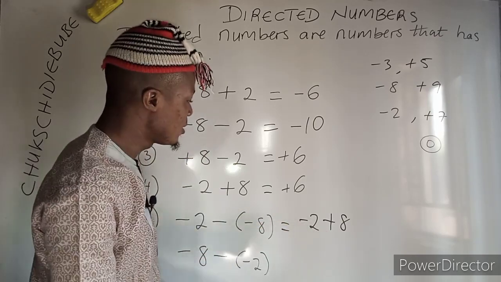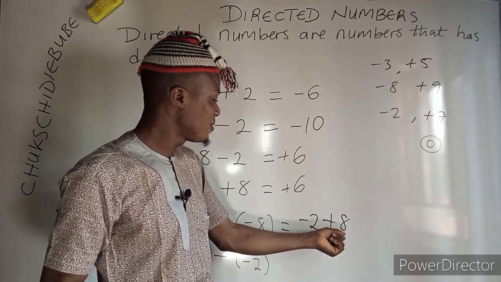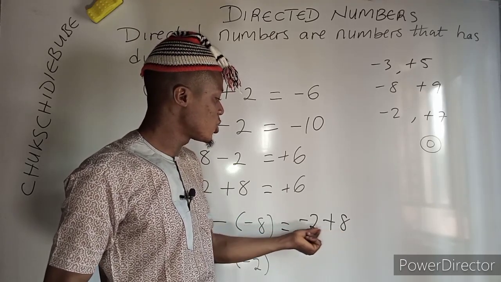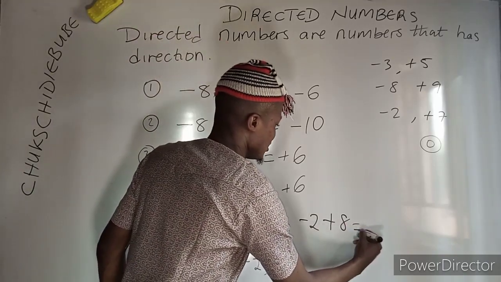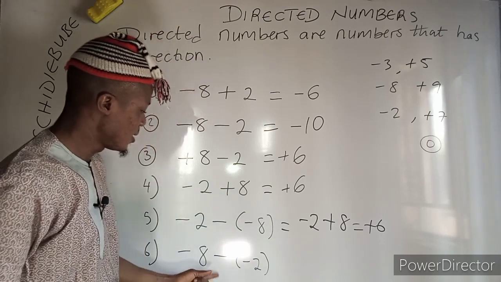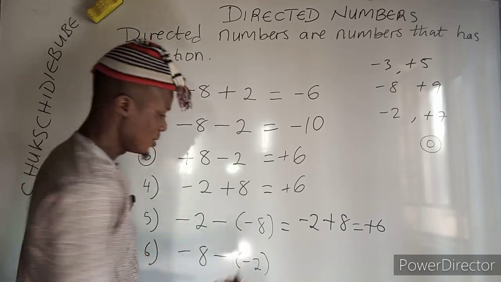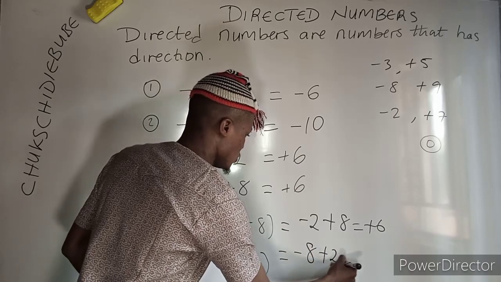All right, now minus 2 plus 8 means you are owing somebody 2 and you have 8, just like we did here. You can see that they are the same thing. You still have plus 6. Then finally here, the same double minus, it is still the same thing as minus 8 plus 2,